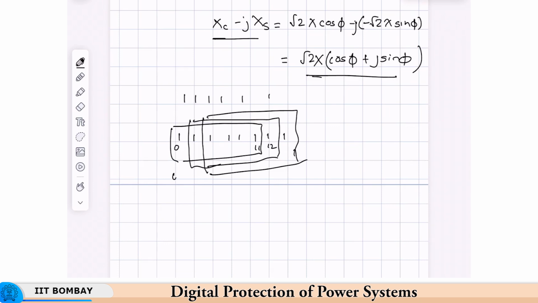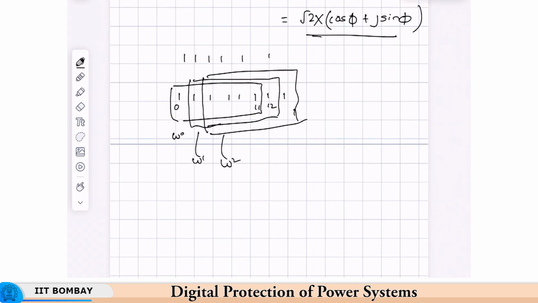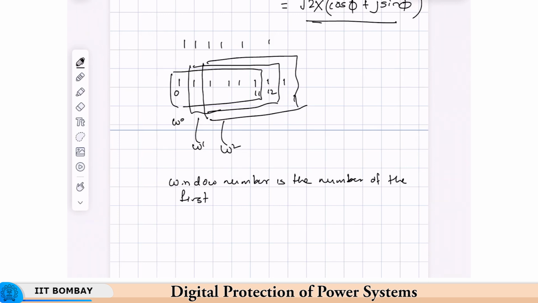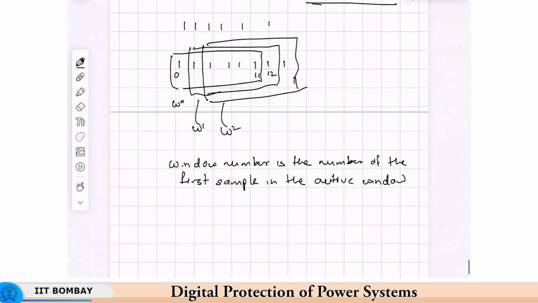If the first sample is used, then this will be window number 1, or window number 0 in this case, then this will be window number 1, this will be window number 2 and so on. Okay. So, we have taken the convention that the window number takes the number of the first sample in the active window. Okay. So, now